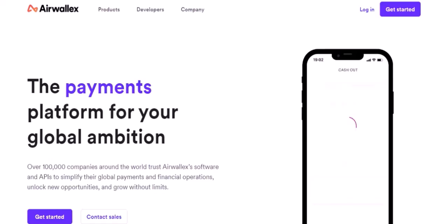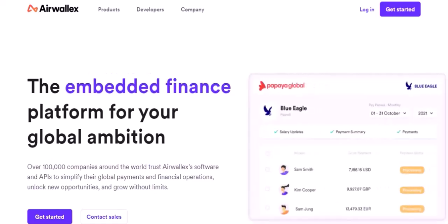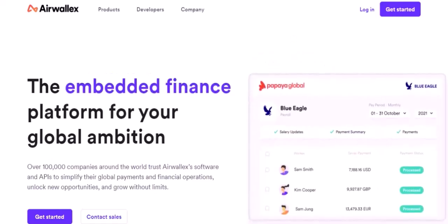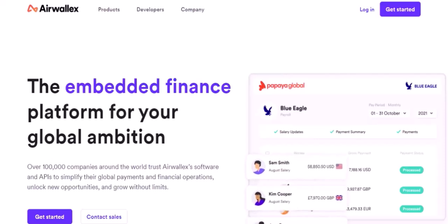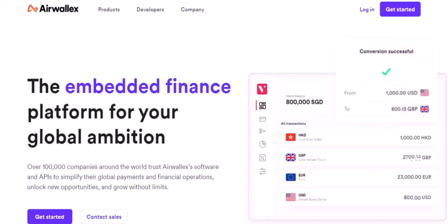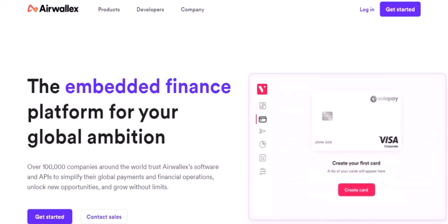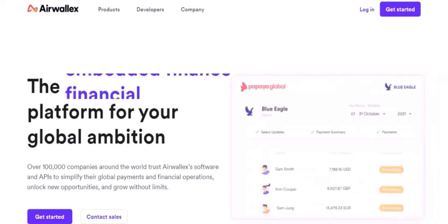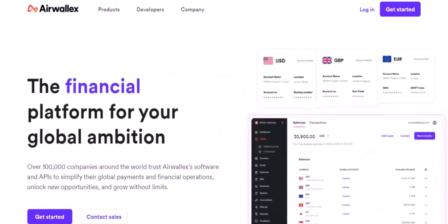Got a business and wondering if you can swipe, tap, or insert your way to accepting payments with Airwallex? That's a question many entrepreneurs, e-commerce giants, and even small business owners are asking as they navigate the ever-evolving landscape of global finance. And it's a good one, because in today's digital world, card payments are no longer a luxury, they're a necessity. So, let's dive into whether Airwallex, a rising star in the fintech universe, truly embraces the power